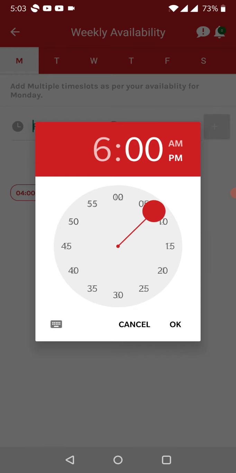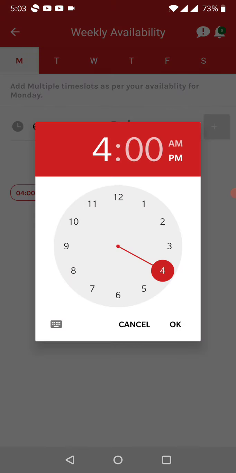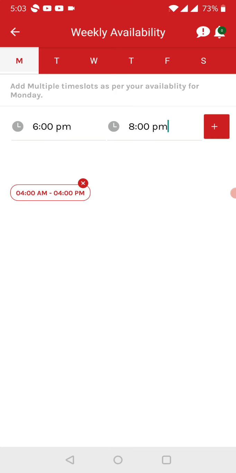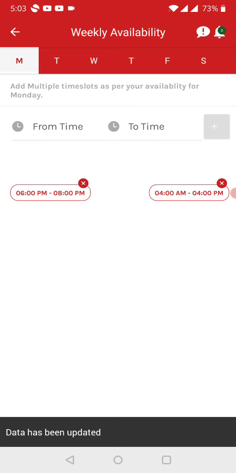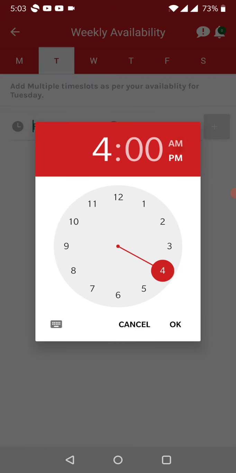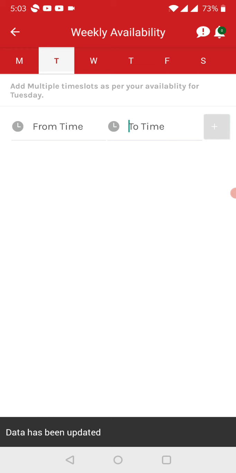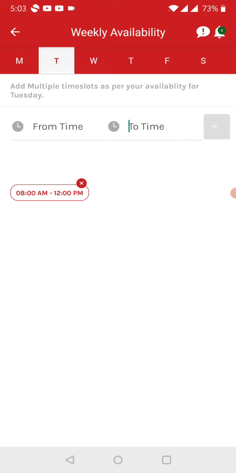Second slot is available 6 to 8 PM for example, so that you need to select. You need to click on add, then you need to go for Tuesday. You need to select some timing, for example 8 AM till 12 PM I am available. This way you can select all the days and timings for all the days.